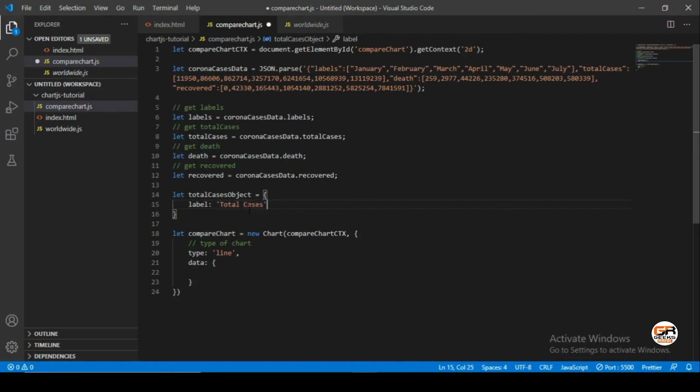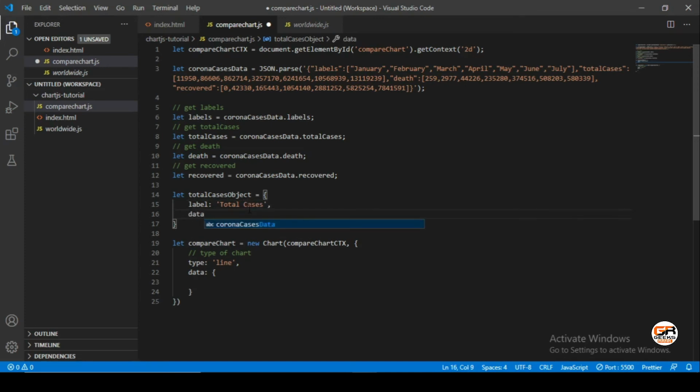Yes, and second will be the data, which will be an array. For data, we will just pass this data which we have already collected from the JSON data.